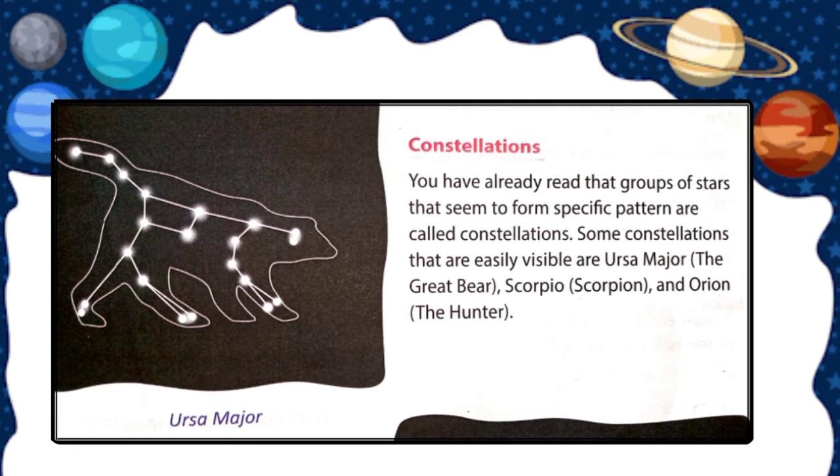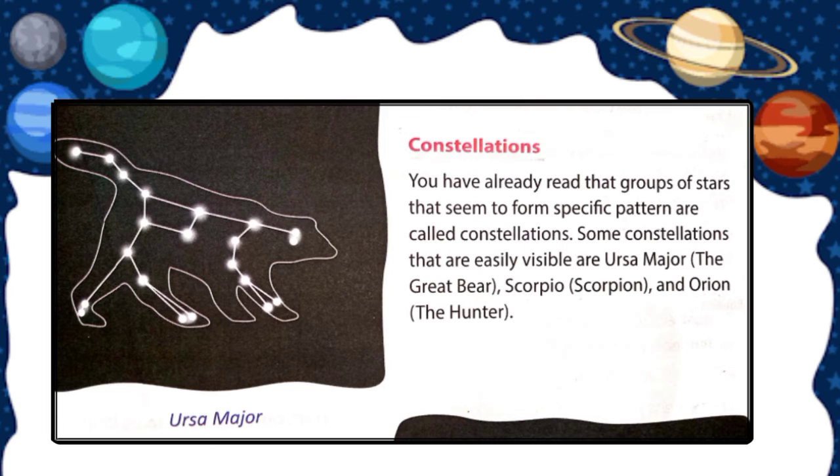What is a constellation? It is a group of stars, and the groups are identified according to patterns that people have seen in the stars. You have already read that groups of stars that seem to form specific patterns are called constellations. Some constellations that are easily visible are Ursa Major, meaning the Great Bear, Scorpio, and Orion,